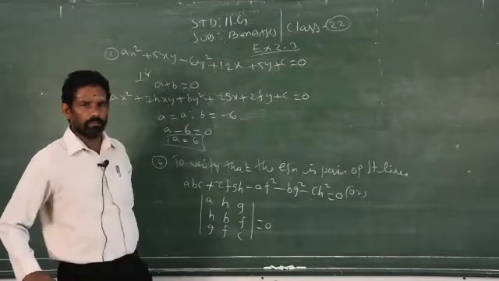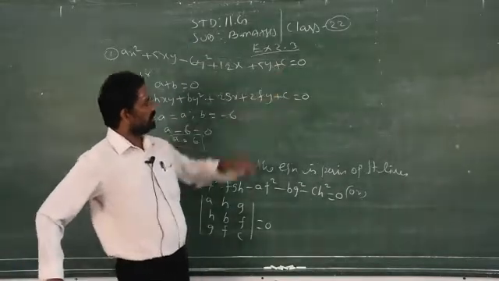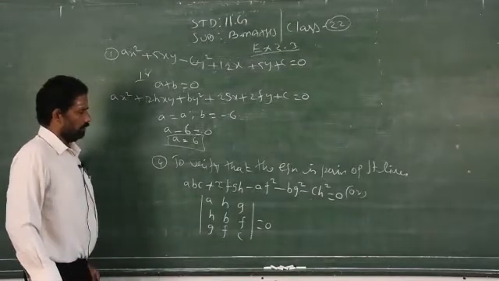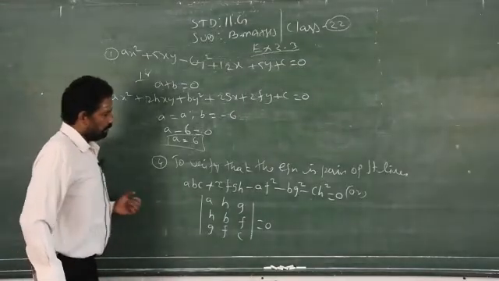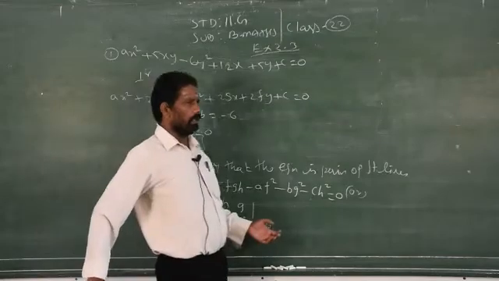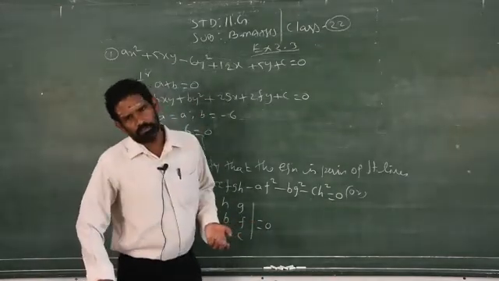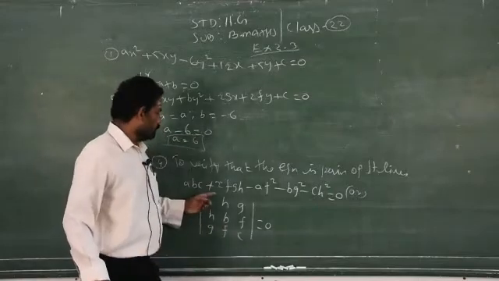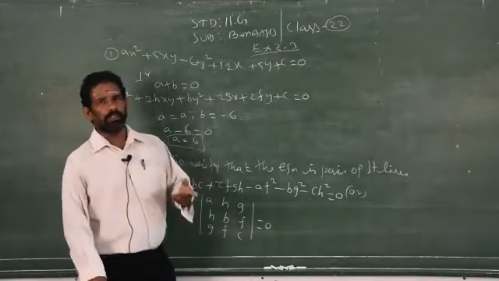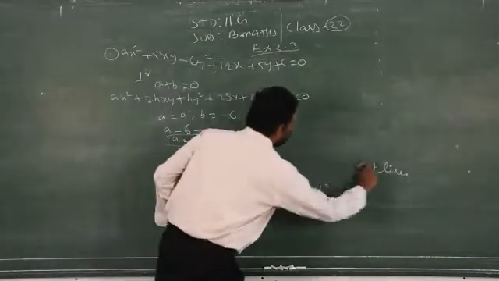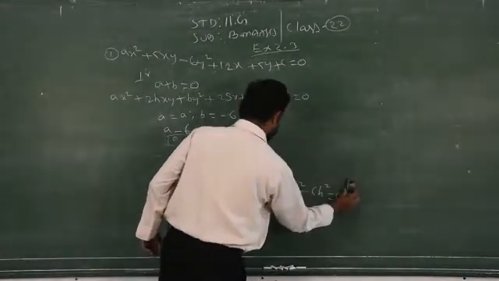You have to find out the value of the constant c, for which you have to take any one of these 2 formulas. Clear? So when the constants are exactly whole numbers or natural numbers, take the determinant. If it is a combination of fractional format, please take the first one. It will be very easy for you to simplify. Clear? So now I am taking the first one to prove these conditions.